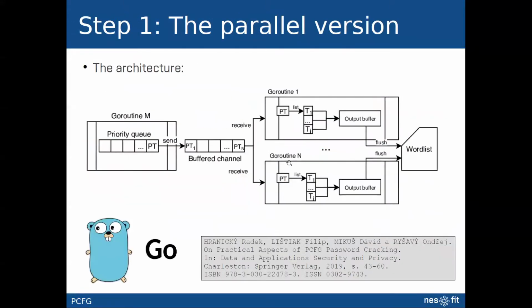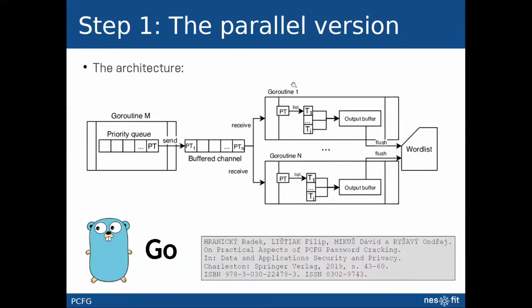So the first step in our effort was the parallel version. The original version from Weir was written in Python, and our parallel version is written in Go, which is a compiled language from Google, pretty fast. This is the architecture of our parallel solution. There is one goroutine, a sort of lightweight thread, and it generates the preterminal structures and puts them into a priority queue. Then through a buffered channel,